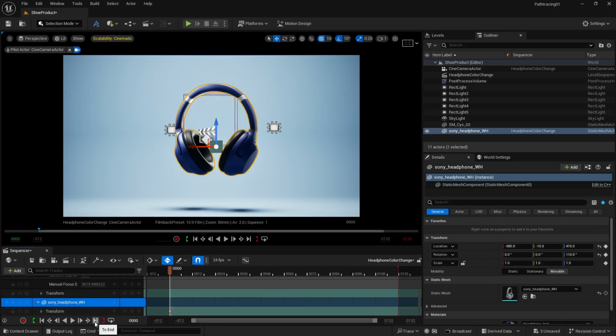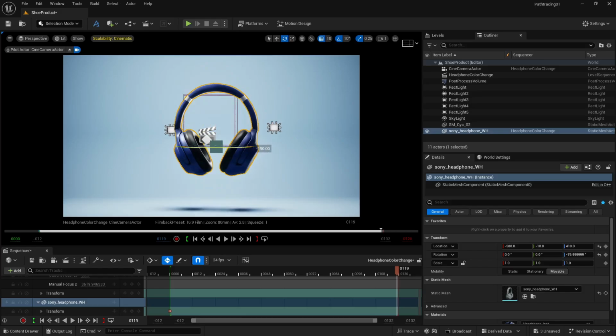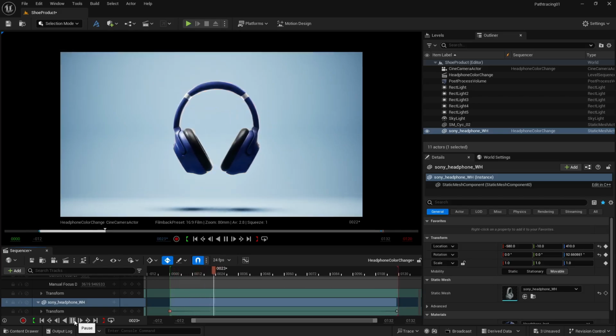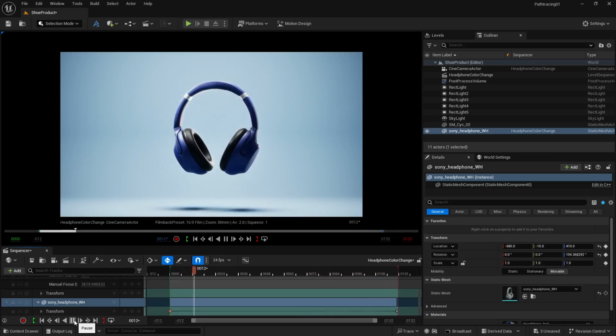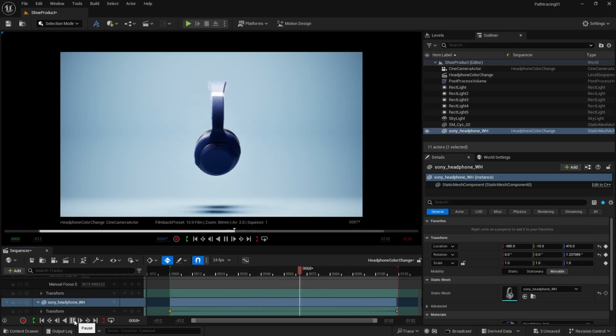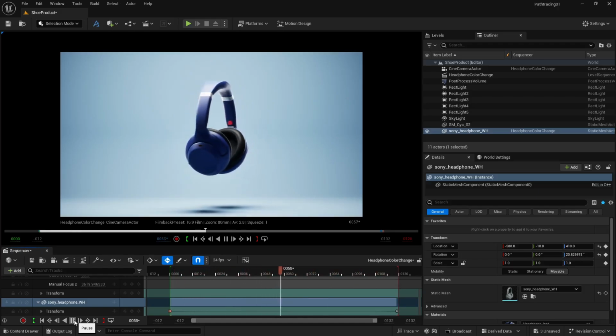Now let's go to the end frame here. And now I'm going to add a rotation here. So if you press the E key and rotate it something like this, you can see it is getting a full turn here. And now if I click on play again, you can see we are getting this rotation here. Yeah, this is looking cool. We can see our headphone is rotating 360 degrees here. You can say it's kind of a loop.